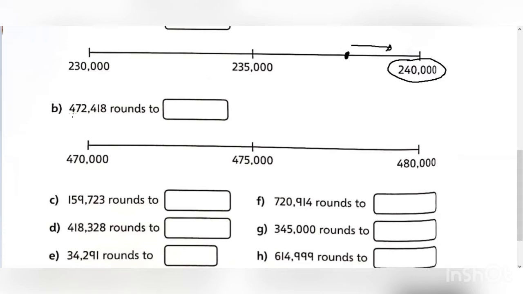So we have 472,000. It means the number is here. Since we need to round it to the nearest 10,000, the number is near to 470,000. So the answer here is